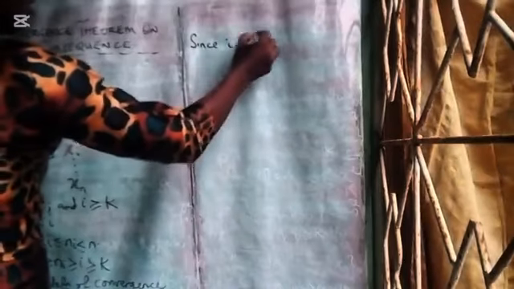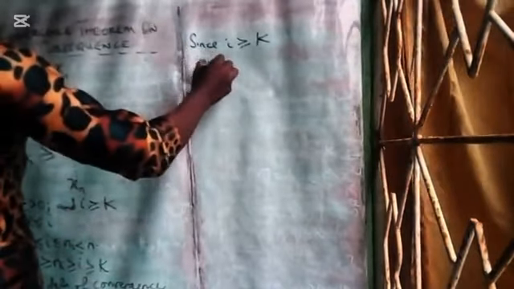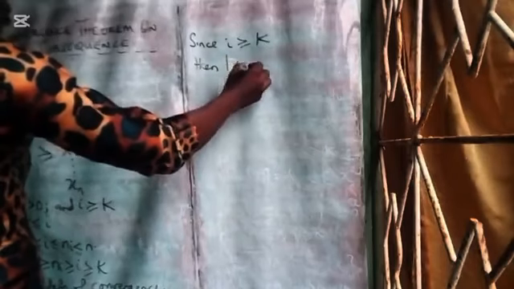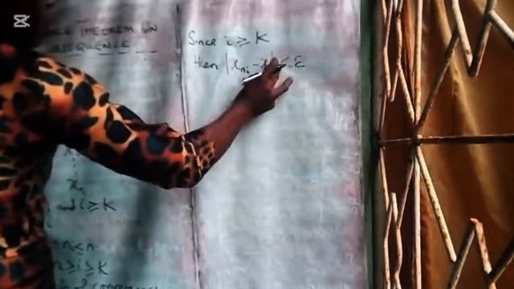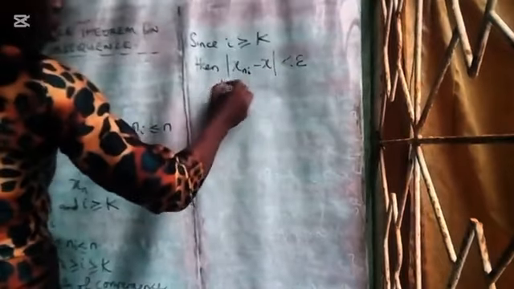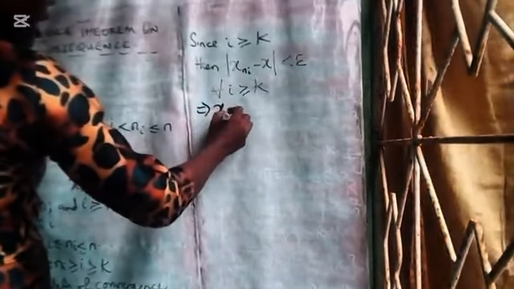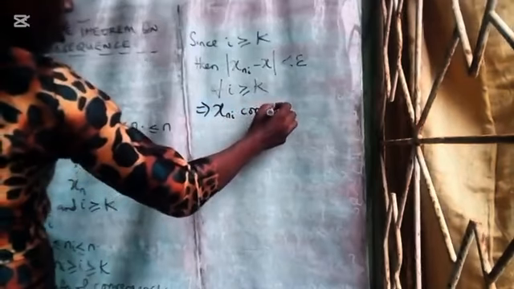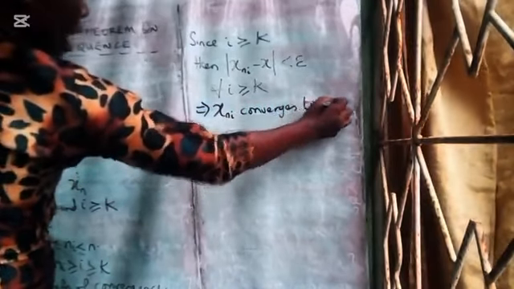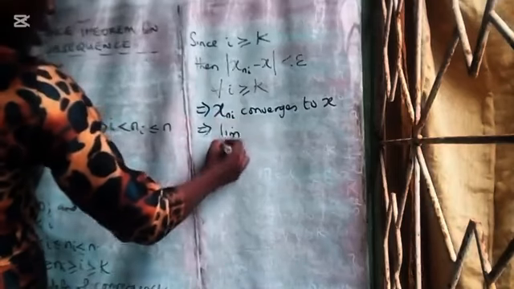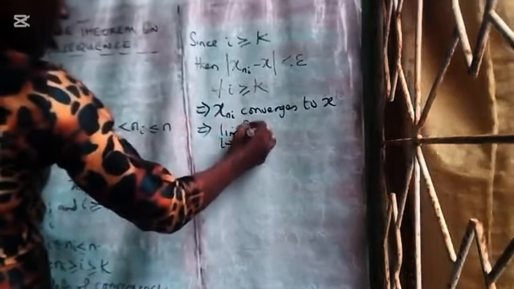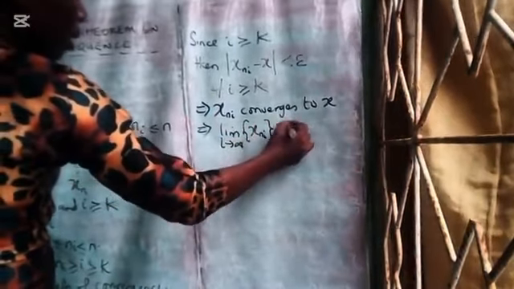Therefore, since i is greater than or equal to k, then the absolute value of x of ni minus x will also be less than epsilon for all i greater than or equal to k. This implies that x of ni converges to x, which implies that the limit as i tends to infinity of x of ni is equal to